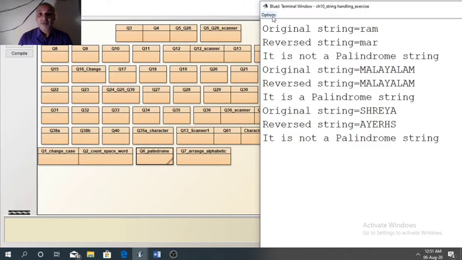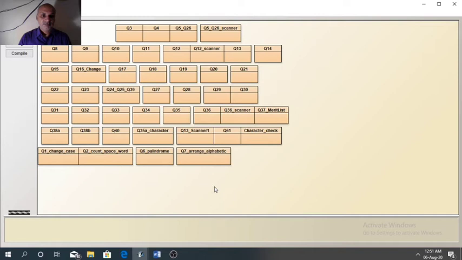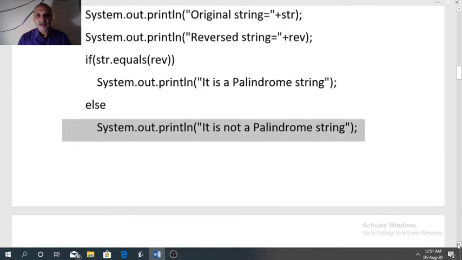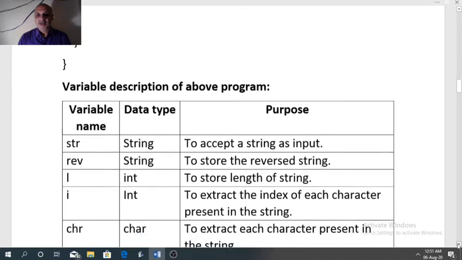Now I will explain the working of this program. So please pay attention, its working is difficult to understand. So I have written all the working steps.